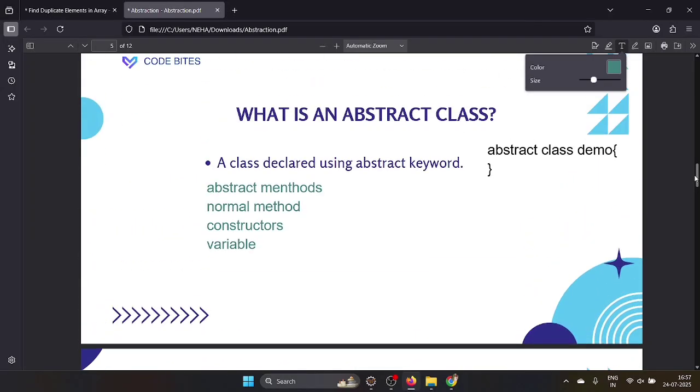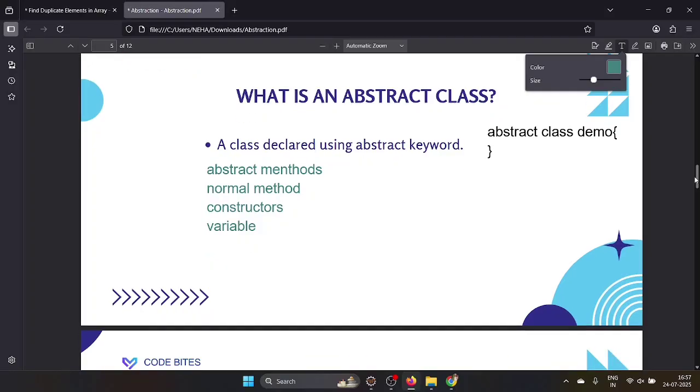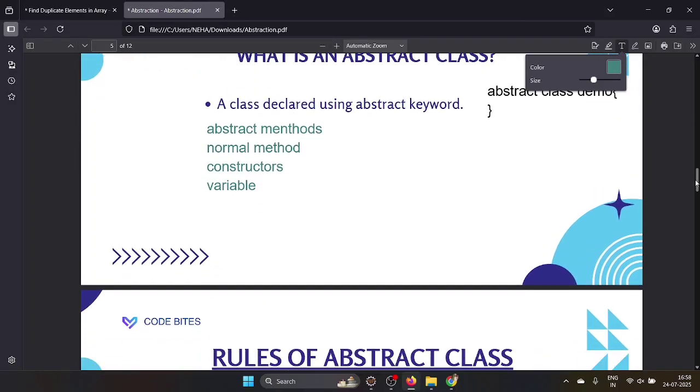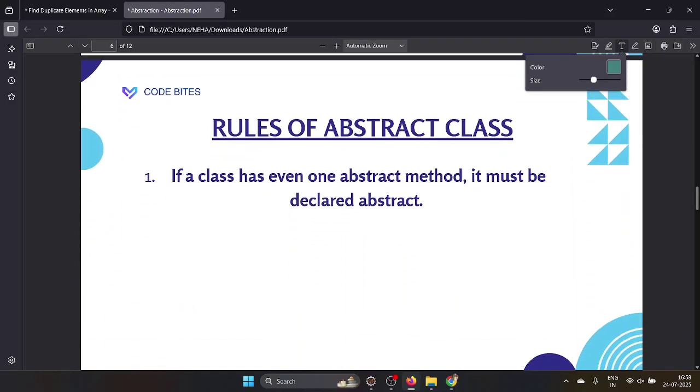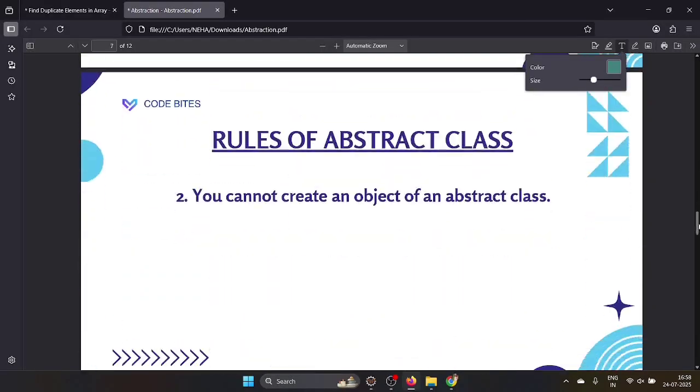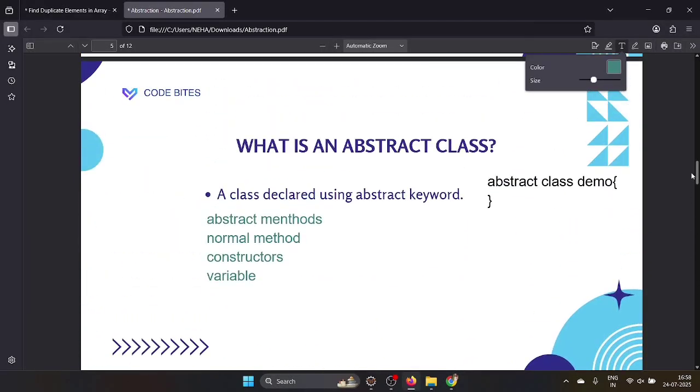That thing we can include in the abstract class. Abstract class means it is a class declared using the abstract keyword. Then what are the things we have? We understand this much. Let's take why we need abstractions. Why we need abstractions means, when you want to create a common blueprint, that time you are making use of an abstract class. You don't want to implement everything in the parent class itself, you just want to give the blueprint, that's it. If you want to do that, we are giving an abstract class.